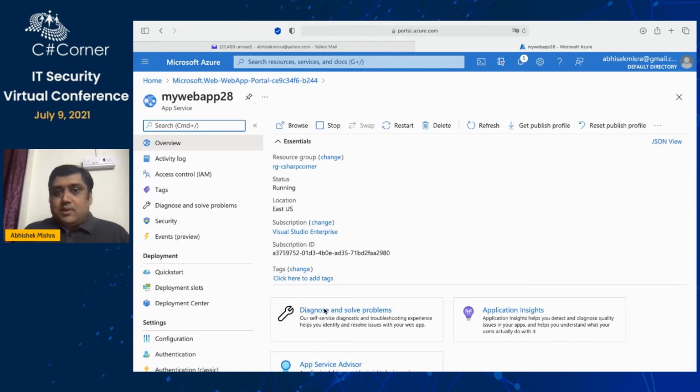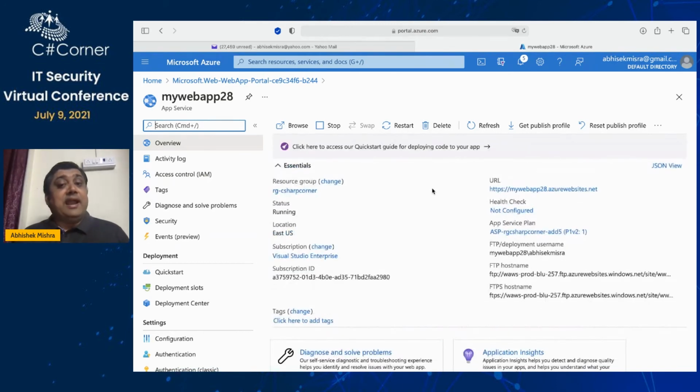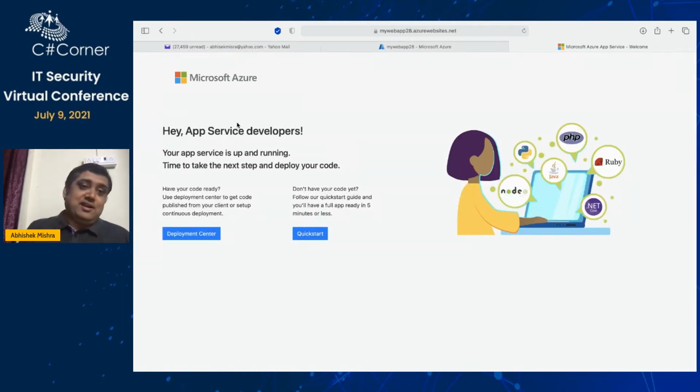So my web app is created. Now from my laptop, I will be able to access it because I have not yet enabled any private link out here. Let me see if I am able to access this. Cool. I am able to access the default page of Azure Web App. I'm able to access it because it's a public resource, and from my home in Mumbai, I'm not connected to any kind of VNet or private network.